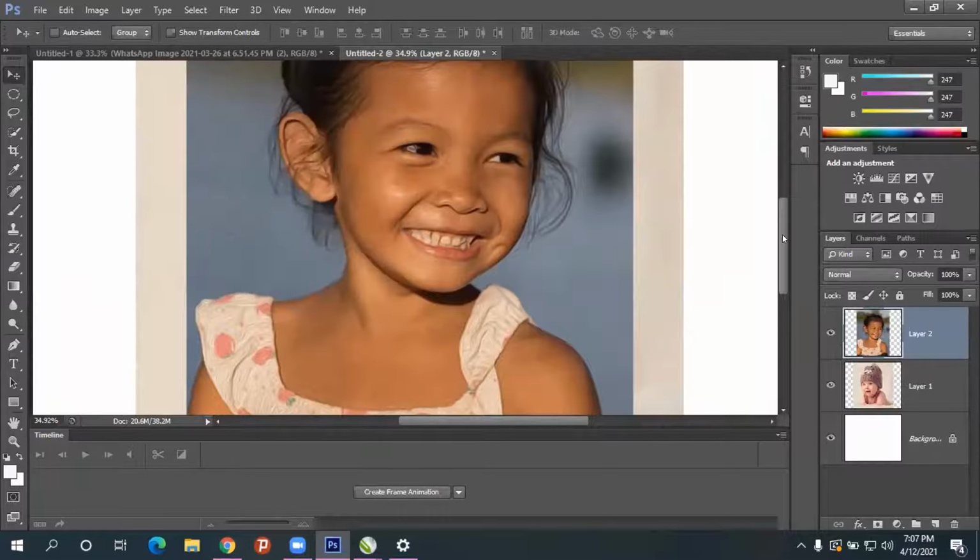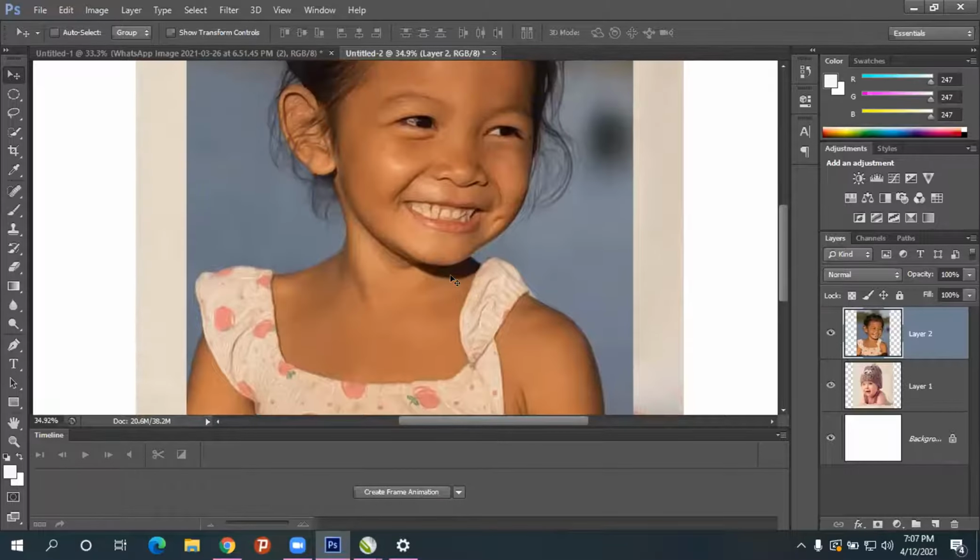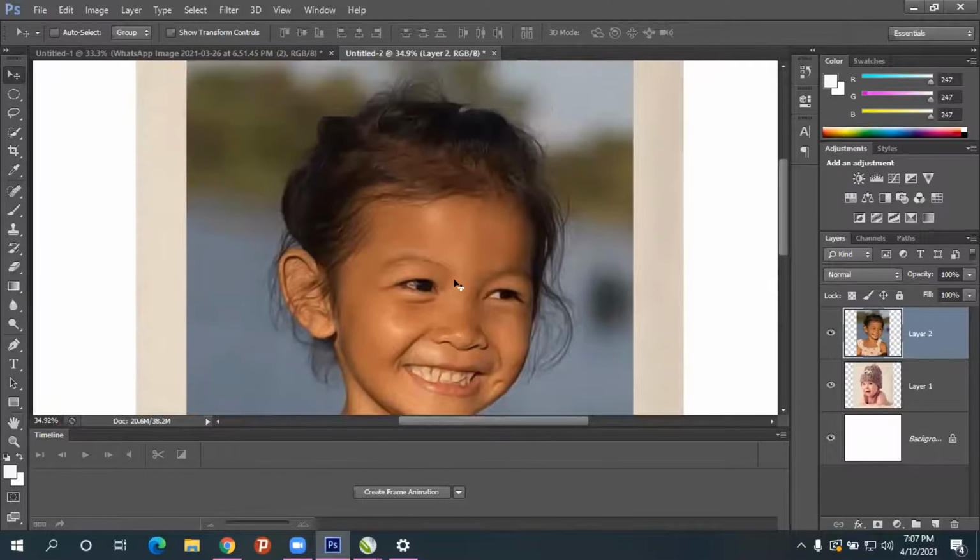Sir, can these kinds of effects be added just by making a selection on the same layer, or do we need to create a duplicate layer? On the same layer, but if you duplicate, that will be better. After editing on 5-10 layers, if you don't want an effect, what will you do? If it is a different layer, you can delete that particular layer. So you can save your time. The suggestion is always a new layer, because suddenly your mind will change. At that time what will you do?